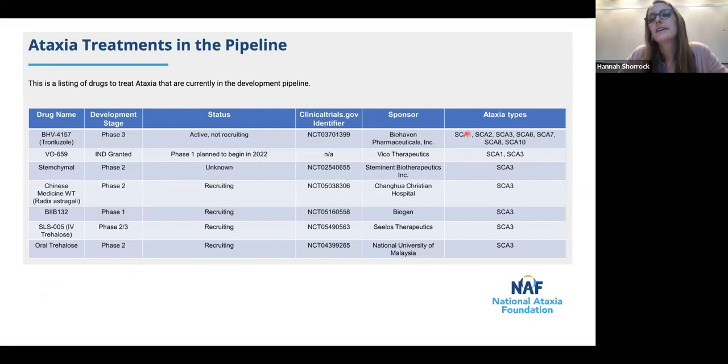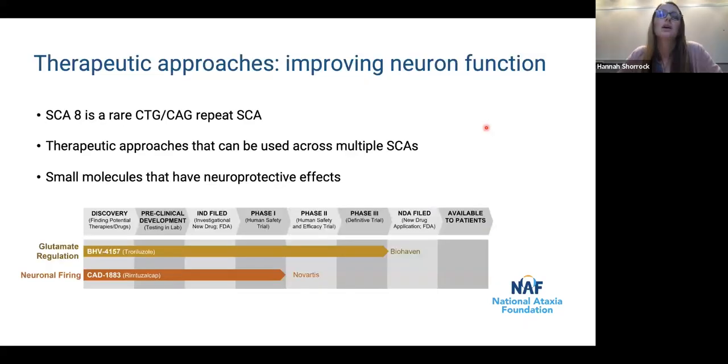What you'll notice is that SCA8 is only included in one of these clinical trials, and that's a clinical trial where multiple types of spinocerebellar ataxias are included. Because SCA8 is quite a rare CTG, CAG repeat SCA, benefiting from therapies that can be used across multiple different diseases is going to be really key for some of the earlier therapeutics that may come out for this disease. So looking at therapeutic approaches that can be used across multiple spinocerebellar ataxias, we can think about